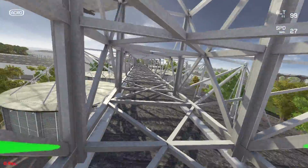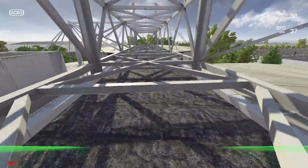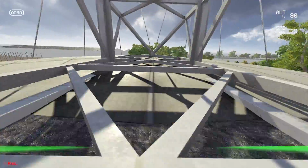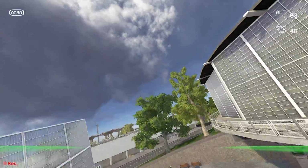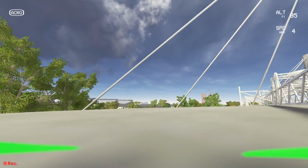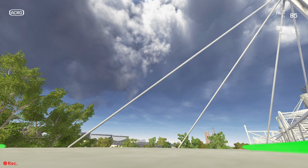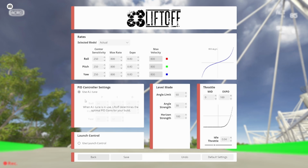And so I do have it feeling better than this when I'm flying it normally. For the sake of this review, I wanted to keep it stock default and only adjust the rates. And so that's all I've done here. You can make this quad feel a little better. And I couldn't really figure out how to do that in Tryp. But in this one, if you come here, you can use your own rates here or your own PID settings. All right, and so I use the ones